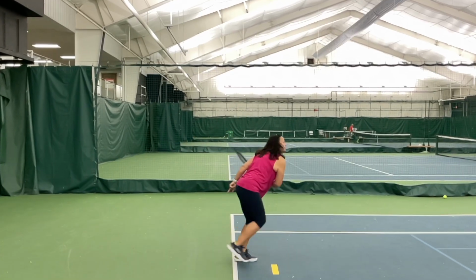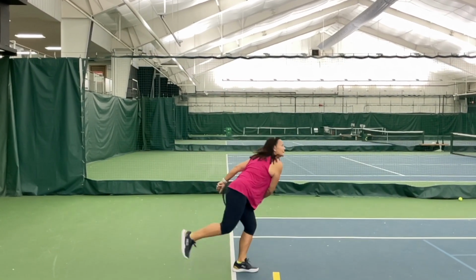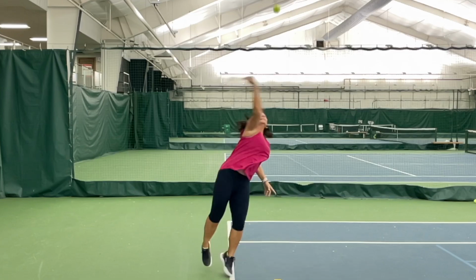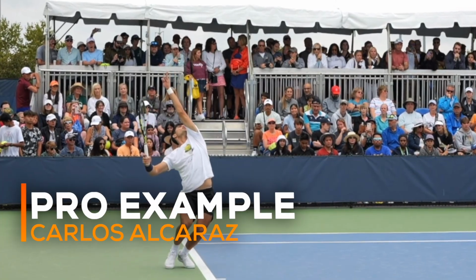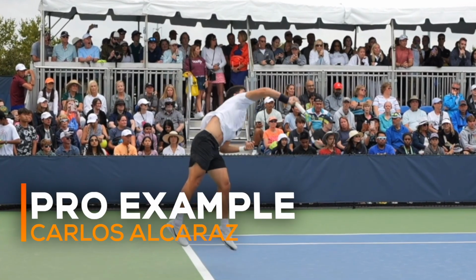Today I'm going to show you exactly how we fixed this player's toss and how it instantly gave her a more athletic swing, stronger contact, and a huge confidence boost. You can make those same improvements too. Before we get into the step-by-step drills that resulted in this huge improvement, I want you to watch some world-class